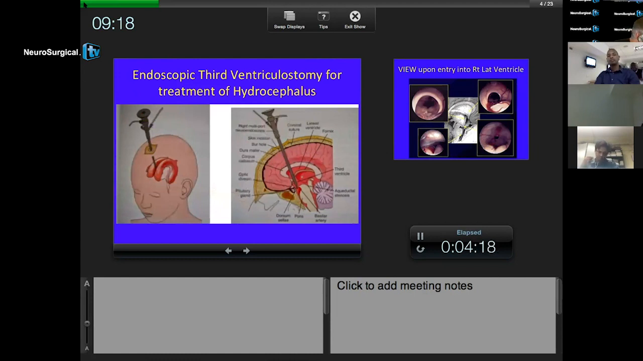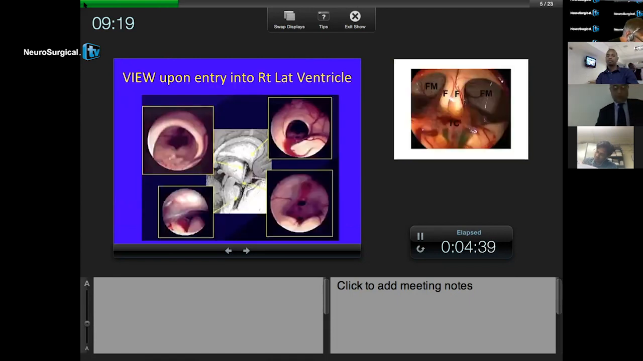So using that as a straight line, you see that you do not then target or damage the fornix going towards the basal cistern and right in front of the basilar artery. So that is your trajectory, essentially. The view as you enter into the lateral ventricle, and those who have